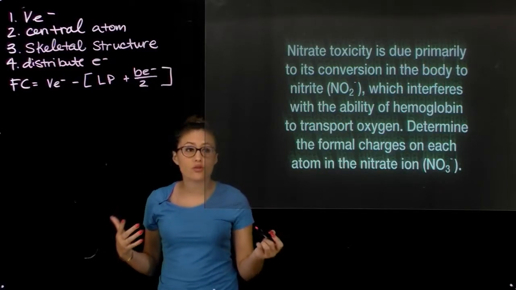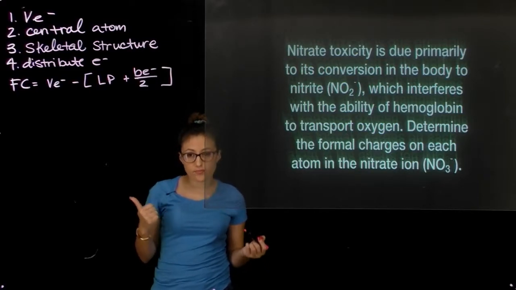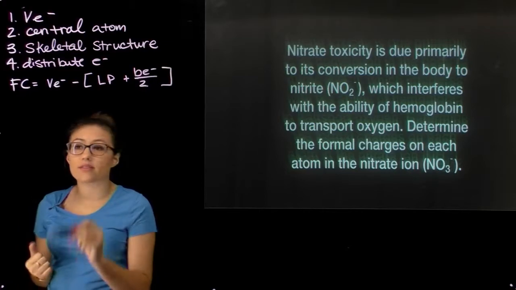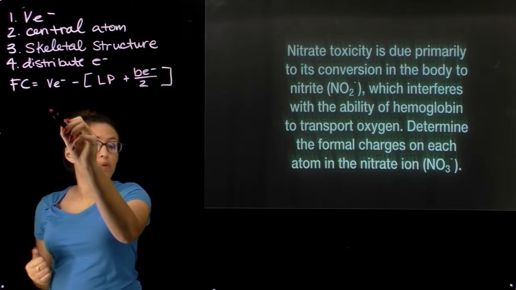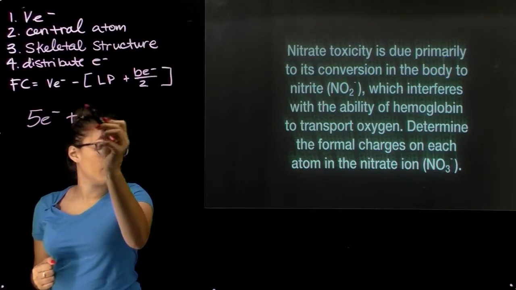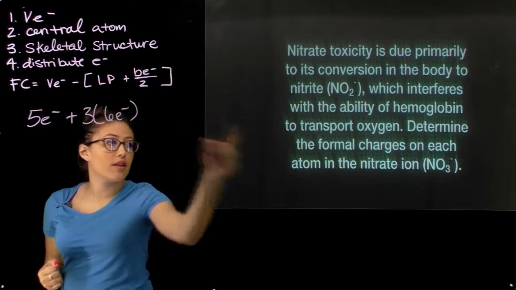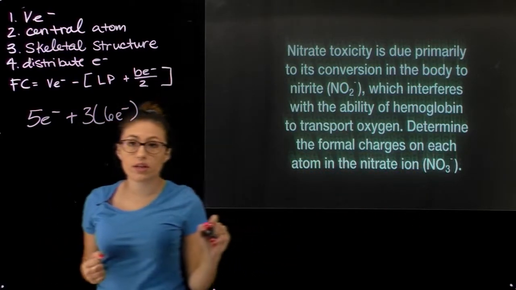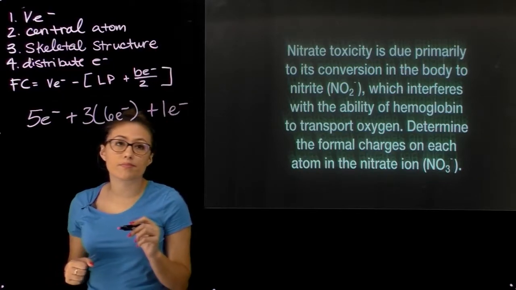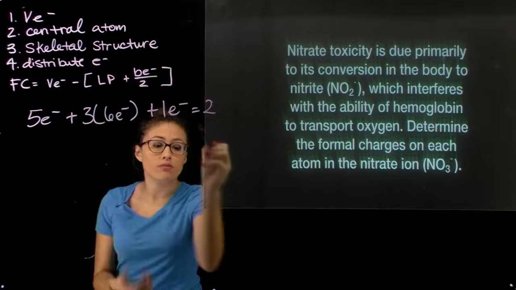So if we're going to do formal charges, the first thing that we have to do is also draw the Lewis structure. So the very first thing that we do is we determine the number of valence electrons. So we know nitrogen donates 5 valence electrons. Oxygen, we have 3 of them. Each oxygen donates 6 electrons, and then we have the negative charge associated to it, so we have to include that as well, so 1 electron. Well, we add this all up, and this should give us 24